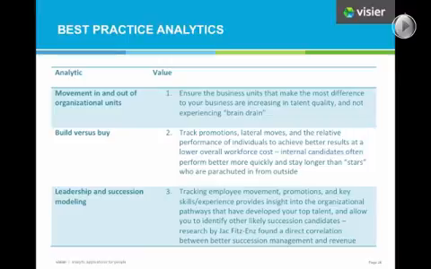So how is talent moving in the organization? How are people who have critical and rare skills, how are they moving and being distributed